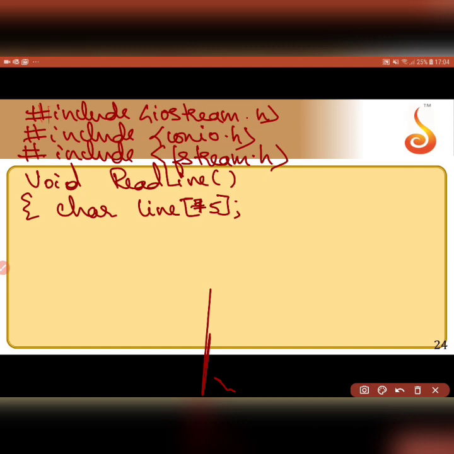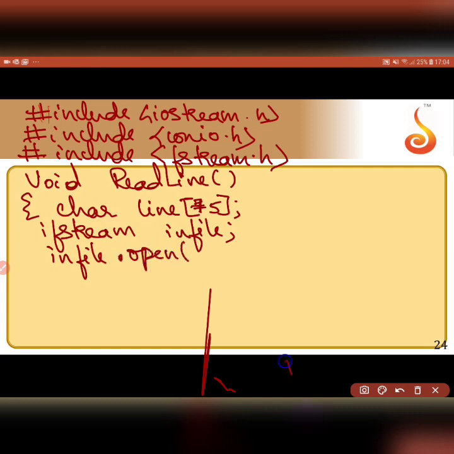Because I am reading it line by line. Fine. After that, what should I do? I need to have an object of ifstream class, because I am going to open the file in a read mode. So ifstream in file. So let me say the name of the object is in file. So in file dot open, let me say